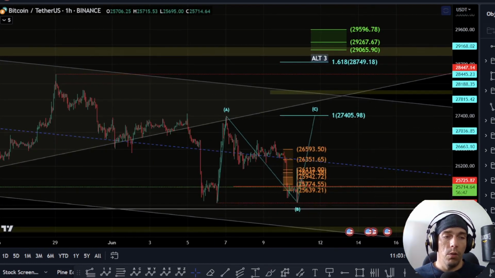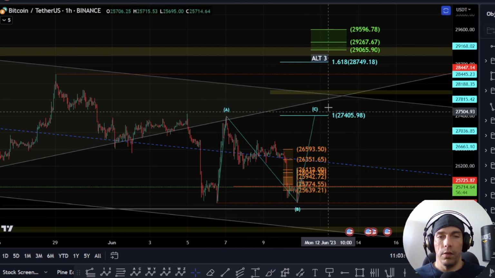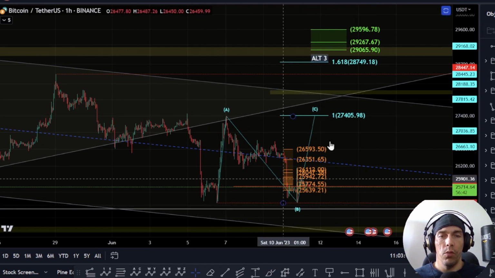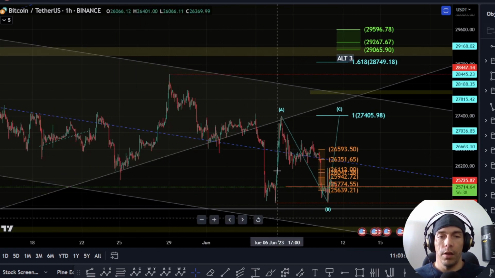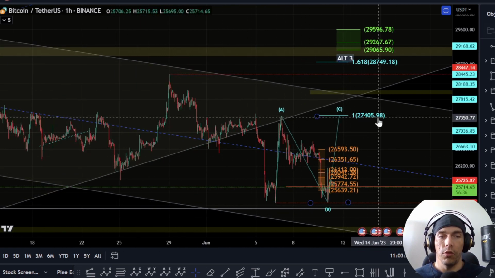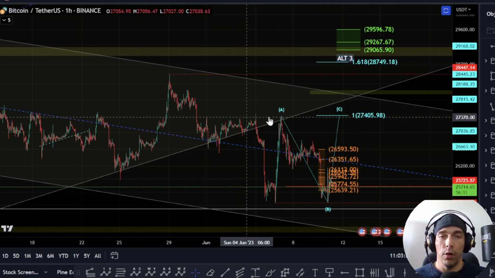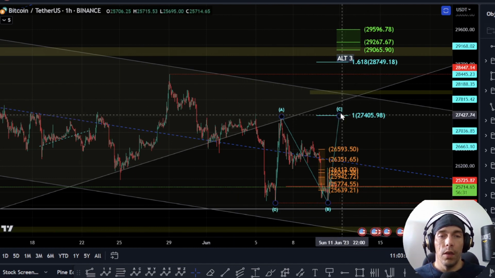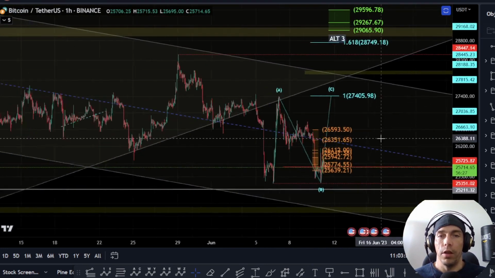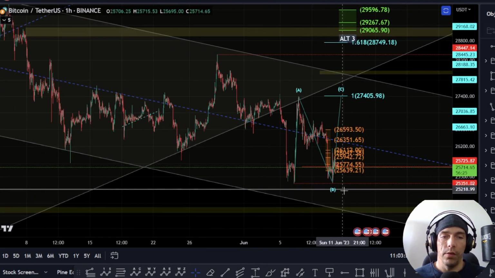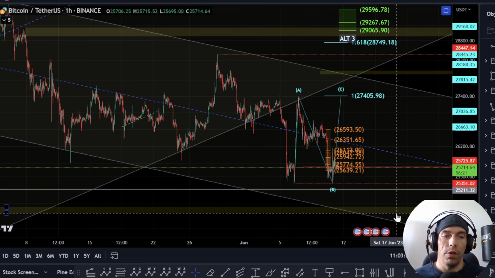Now with this, what we could also just see is a 3-wave move. Now if we only get a 3-wave move here, we have a couple of options as to what this can be. Now if we just get an A, B, and a C, and potentially we look to push up towards this 1-to-1, forming a triple top here, what we could actually see is price start to fall away from this level and actually look to move back down into this trend line. So if we're looking at that potential of this as ABC to the upside, this is also still viable as long as we hold this 25,